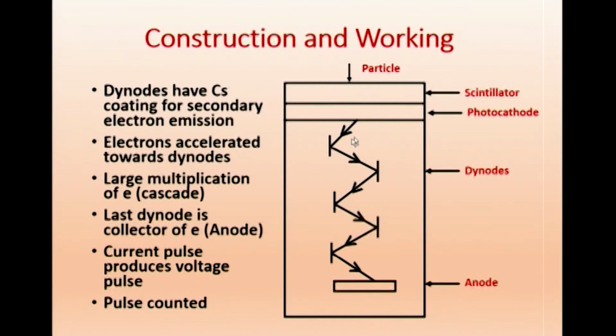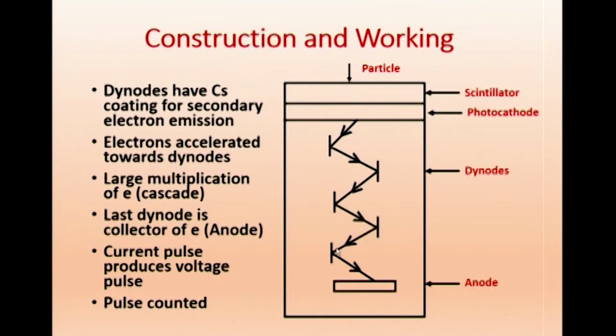So when an electron strikes here, because it has got CS coating, it will emit another electron. So instead of one electron, two electrons will be coming here, and here it will be multiplied after striking the second one, then the third one. So it will have multiple electrons. This one electron has become more and more electrons, and finally a large number of electrons will strike here. The number of electrons that will strike will depend on the material used here. Here CS is able to give secondary electrons, and also the number of diodes. Here we have just shown a few of them in the figure.